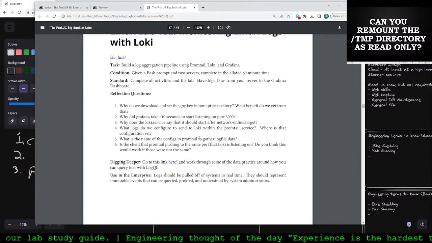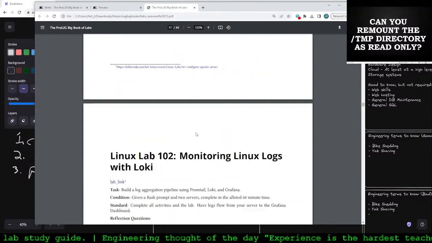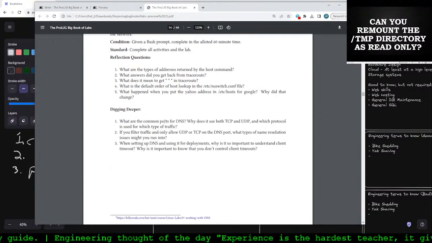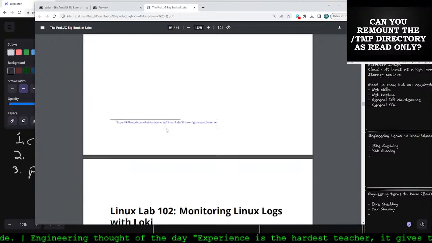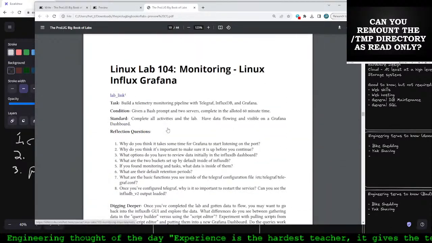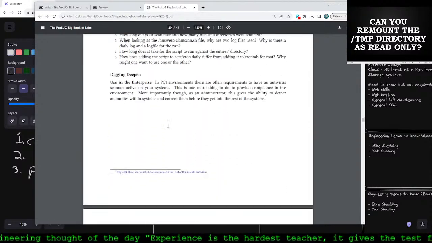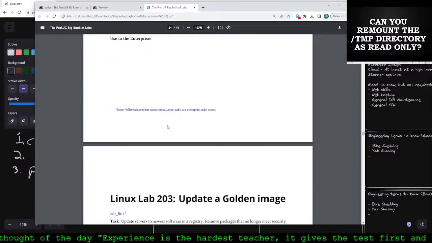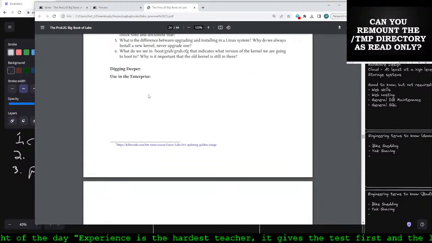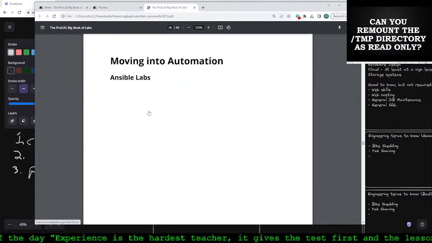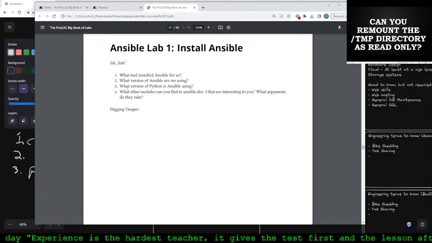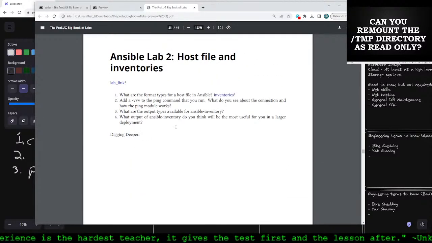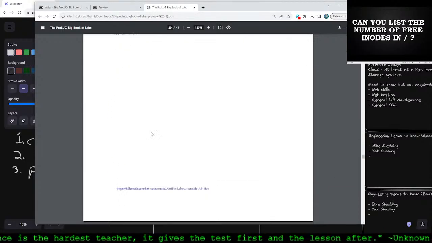But where I want to add more to it is, obviously, I have another lab to add here now. So I have a whole other page to add in here. And then down here, it's going to start on the Ansible part. When we get to the Ansible part, this is all the security stuff. These are Linux security questions. I do want to add a little more color to those. And the Ansible labs don't have much to them yet. They still do have additional questions and information to add,